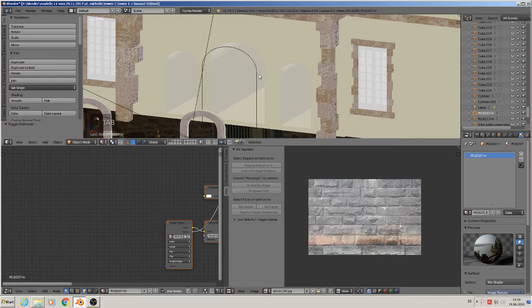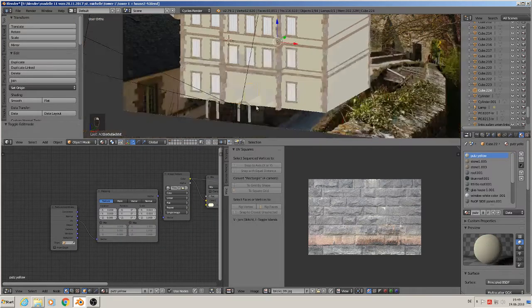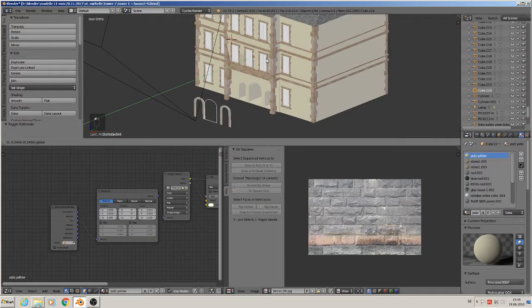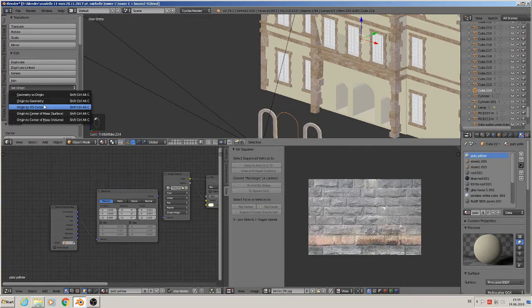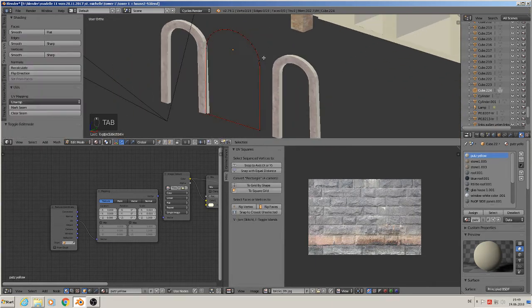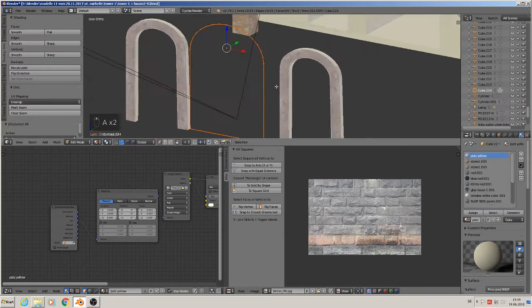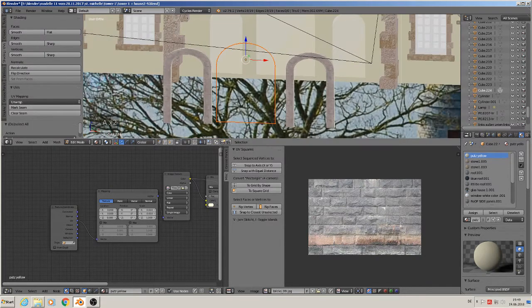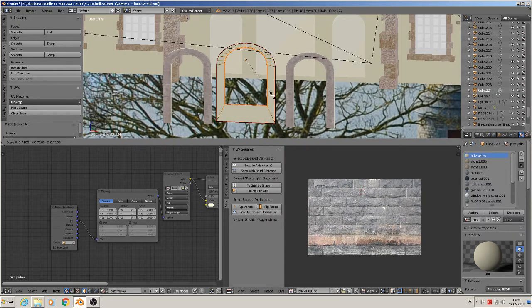Now we can select it and set the origin there. Set origin to geometry, then edit mode, get all, and this time we extrude and scale to the inner part,